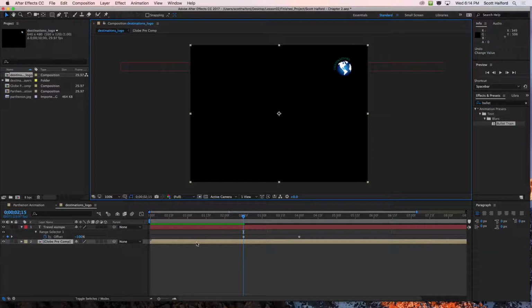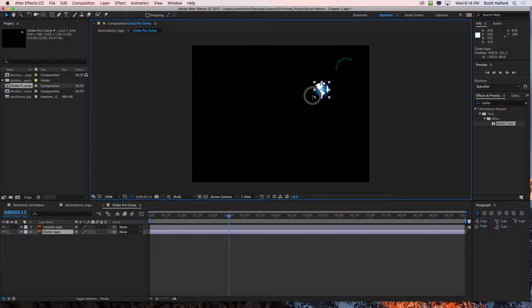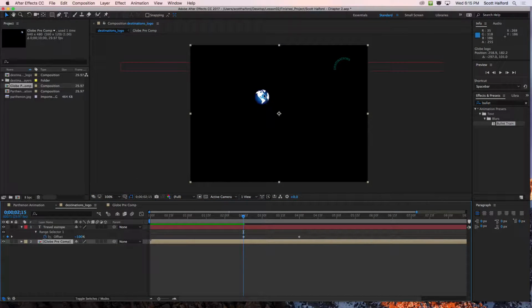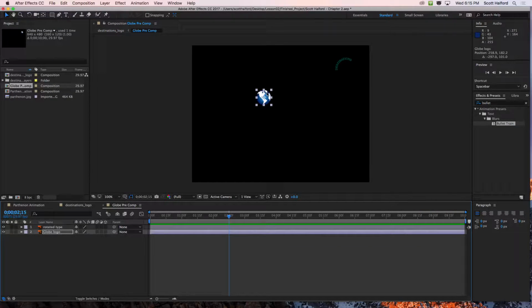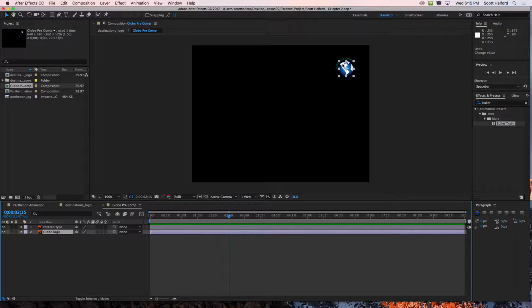But if I double click on that layer, it will open up the globe pre-comp in its own tab, and now we have the separated globe. So if I move this globe here and go back to the destinations logo, it then updated the position. So any animation I do in here, in this globe pre-comp, will show up in here, in the destinations logo. So I'm going to undo that. What I want to do is,